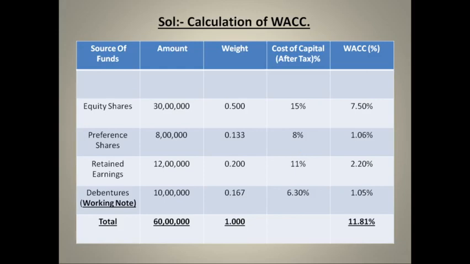Alright, and the extra two columns that we are going to prepare are for the weights, and lastly we have to find the weighted average cost of capital for each source of funds. So we'll prepare two additional columns, one for weights and one for the weighted average cost of capital. Right, my dear friends? Fine.